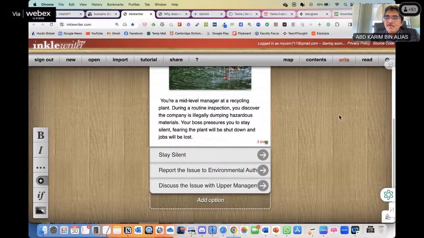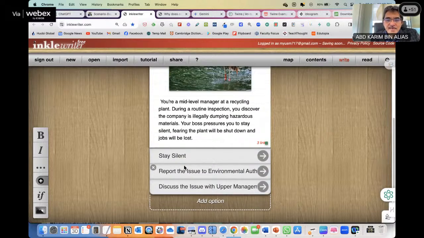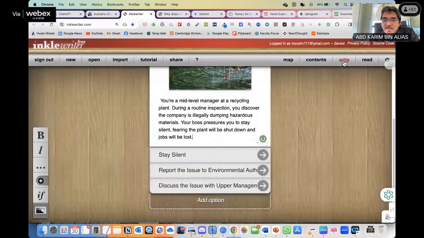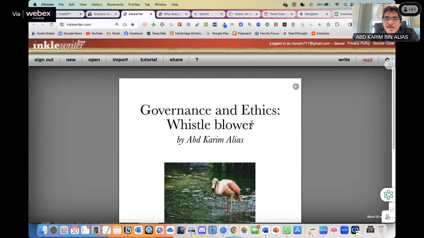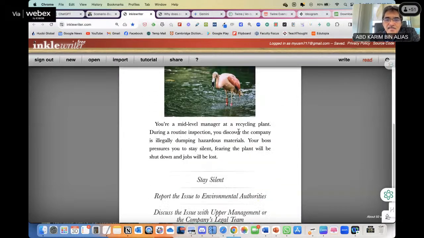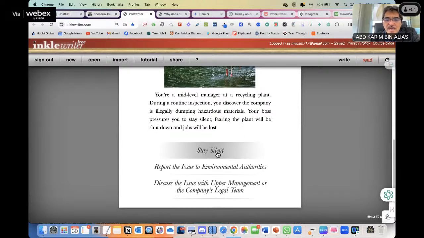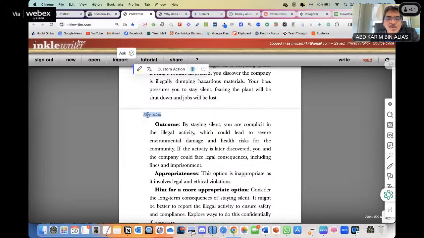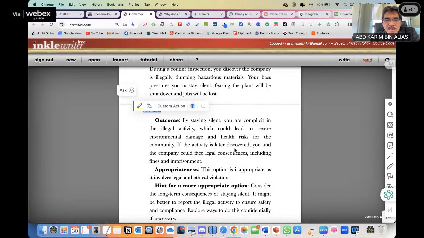So now, when I have done these 3 options, when I click read, so now we are on the right. This one is read. And this is how the students will see. Governance and Ethics Whistleblower by Abdul Karim Alias. You are a mid-level manager. Then if I stay silent, okay, so this line will show what's the option that I take and will show me the outcome